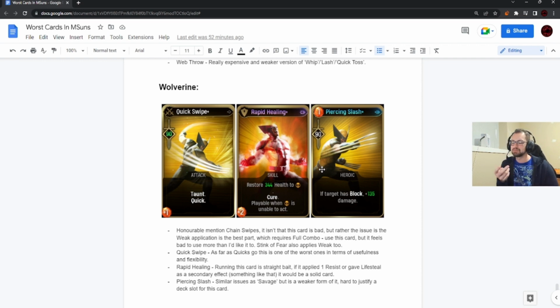Think about it. 2 Chain Swipe, 2 Lethal Pounce, right? 2 Eviscerate. We're already at 6, right? And so now you go 1 Berserk and 1 Stink of Fear. Well, now where do you put Midnight Special? Oh, well, you're probably going to cut an Eviscerate or maybe your second Lethal Pounce. There's just no room for Piercing Slash, and on top of it being a relatively weak card,